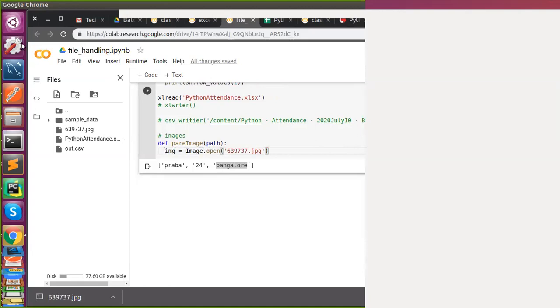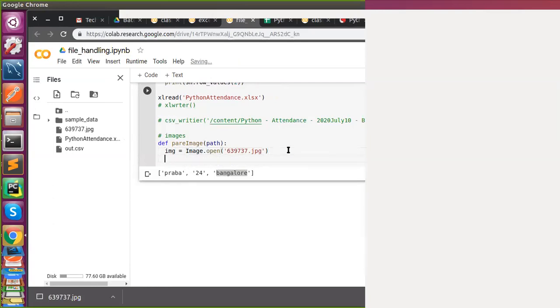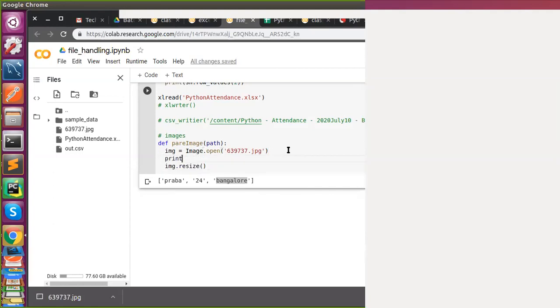And I told you, the third party module has open integrated. So here also it's there. Image contains the open method. We don't need to worry about that. It's there already, and you start using it. You say Image dot. I want to resize. You can prepare your own image processing software with the help of the PIL library. You will find through dir what properties are available for Image.